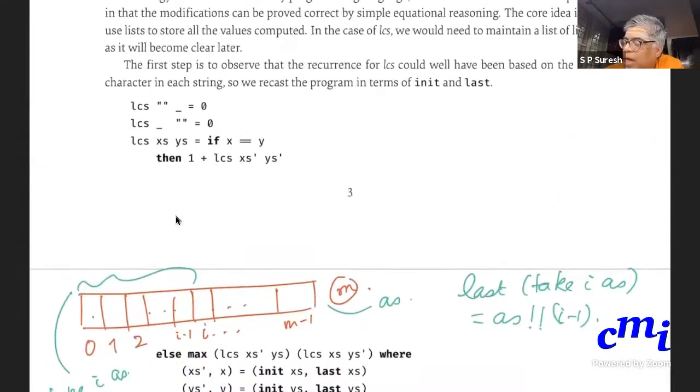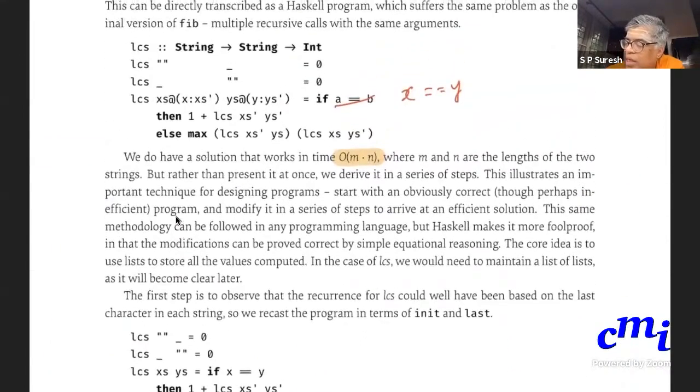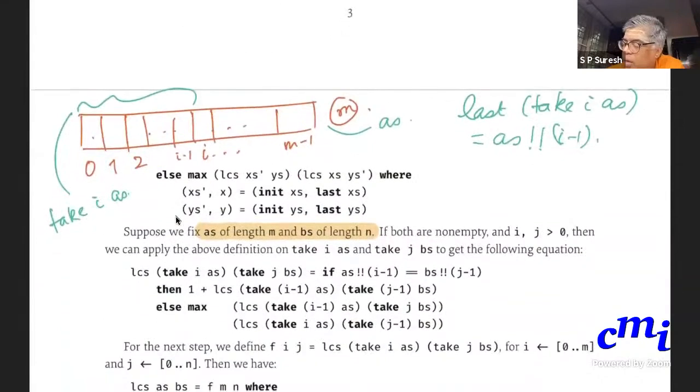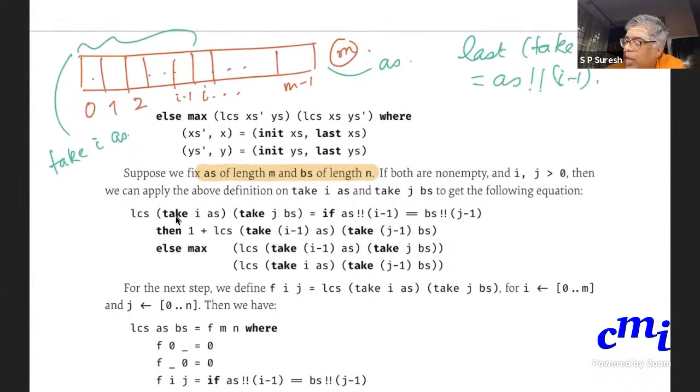So instead of saying last, init, etc. that we do here, you directly get A's at i minus 1. Similarly, you get B's at j minus 1. Okay, so this is one step. Then you do as usual: 1 plus LCS of take i minus 1 of A's, because that is the init.